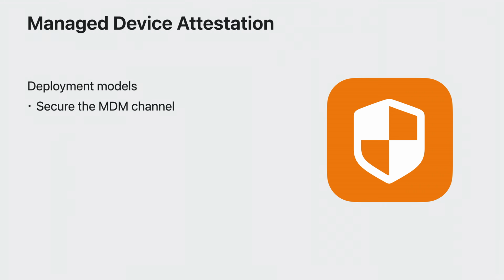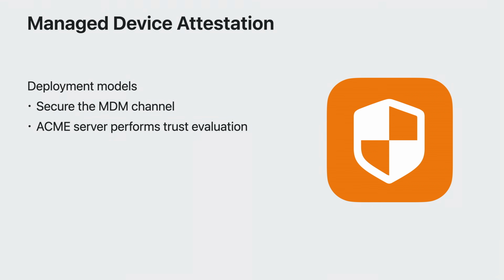The first model proves the device's identity to the MDM server and does not involve other servers. There is an ACME server integrated into the MDM server, which issues certificates only for MDM purposes. The MDM server also uses device information attestation to keep tabs on the device's properties. In this model, it is important to use both ACME attestation and the device information attestation to know all about the device it is managing to make sure the security requirements are addressed.